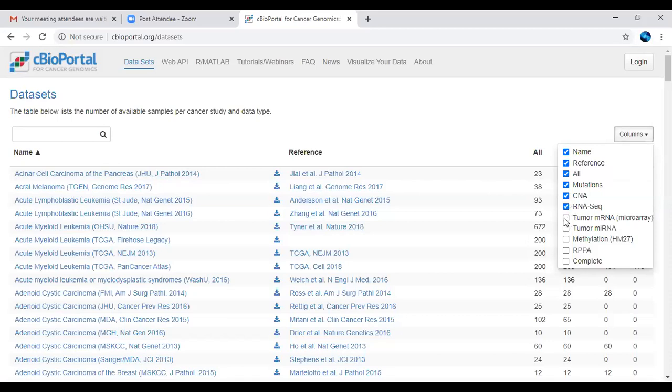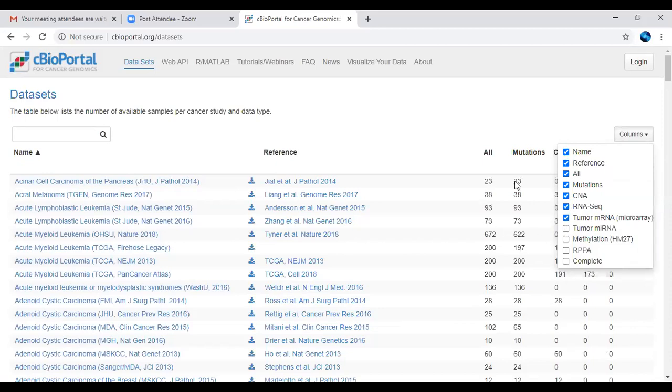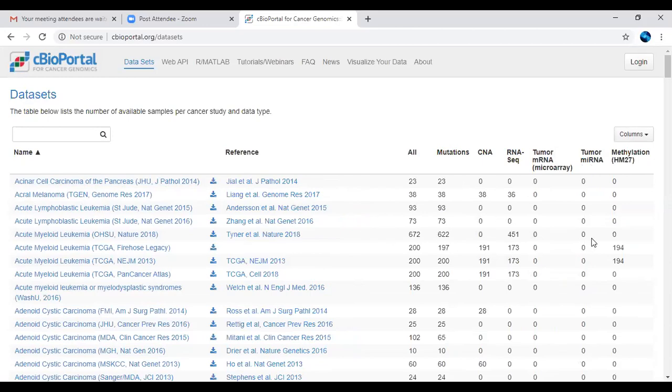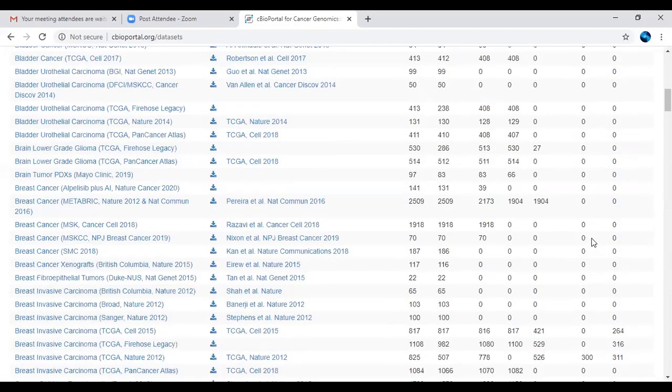If you want to see that column, you can just click on the tick box. For example, if you want tumor mRNA microarray data, you can directly click, and this page will get updated with respect to your tick option. So this type of information is also there. So you can see the data has been added if they have included it.